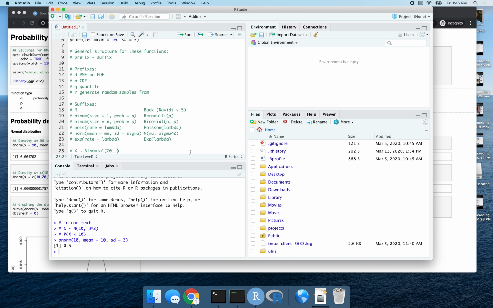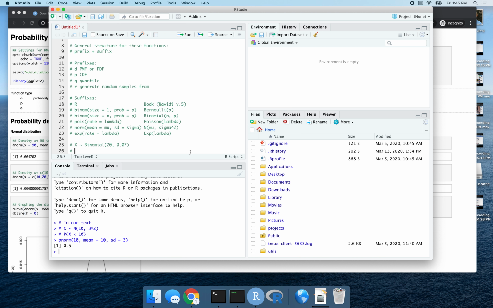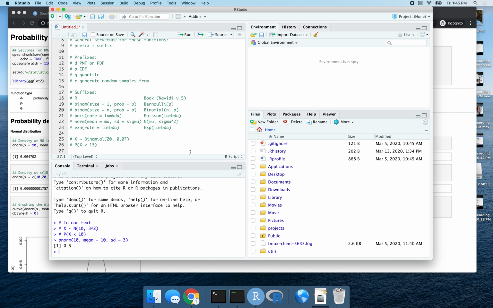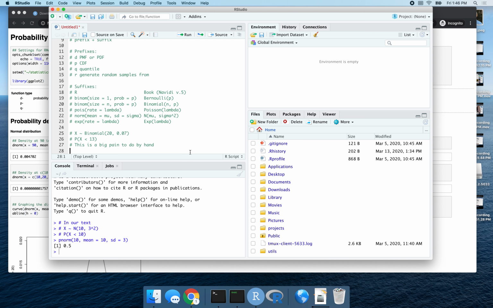20 and with p equals 0.07, something like that. We want to find the probability that x is less than say 13. If you do this by hand, this is really hard, a big pain to do by hand. So we don't want to do it by hand. We can ask it directly in R. So in R, you just write